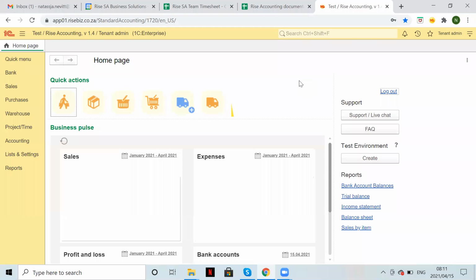In this session, we are going to look at importing the bank statement into RAS accounting. Okay, so RAS accounting works with four major banks in South Africa, and these are Standard Bank, FNB, ABSA, and Nedbank. So if you are using any other type of bank, you will have to import the CSV statements, as unfortunately we will not be able to connect your bank with the system. But there is no problem because importing the CSV statement is very simple and you can do it